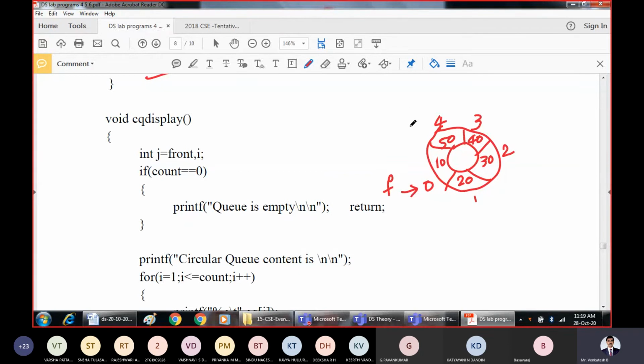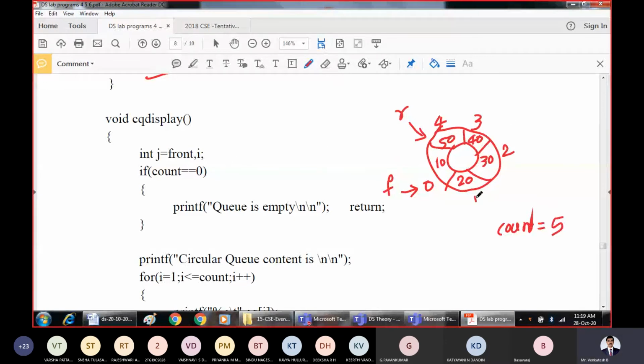Front is equal to 0 and rear is pointing to 4, because now there are all the elements in the circular queue. So rear is pointing to index 4. This is the status, and what is the count value at this point of time? Count value is 5 because there are 5 elements in the circular queue.